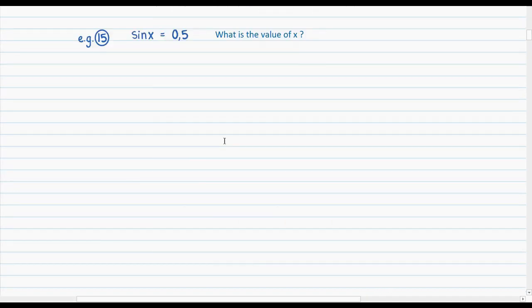This question says that sine x is equal to 0,5. Then what is the value of x? So this is a similar example as the one covered in the fundamental section, but the only difference is this time a range of theta values isn't specified, and it just asks what is the general value of x. So you solve it using a similar bunch of steps as before, where first you determine the reference angle by taking sine to the other side and making it sine inverse of 0,5, which gives the reference angle as 30